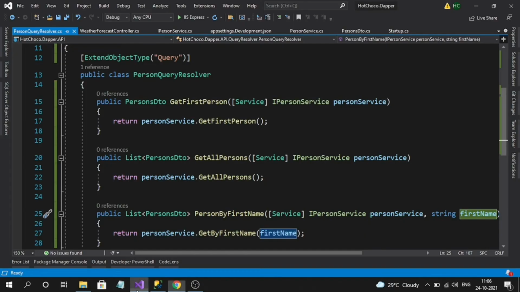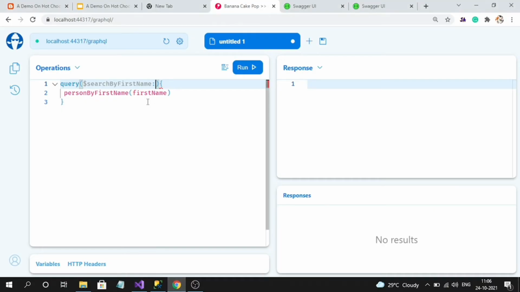In general, what is the C# type? It is a small string, right? Here we need to specify the type, this is all GraphQL schema. So here we need to specify the string type in GraphQL. String type in GraphQL is similar to C#, but starts with a capital. See here, we are getting intelligence. So here I created only the variable, that is the GraphQL variable name is this one, and its type is string.